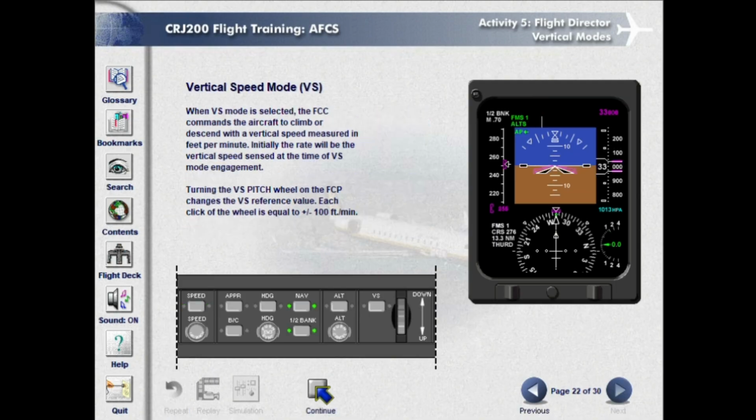Vertical speed mode. When vertical speed mode is selected, the FCC commands the aircraft to climb or descend with a vertical speed measured in feet per minute. Initially, the rate will be the vertical speed sensed at the time of VS mode engagement. Turning the vertical